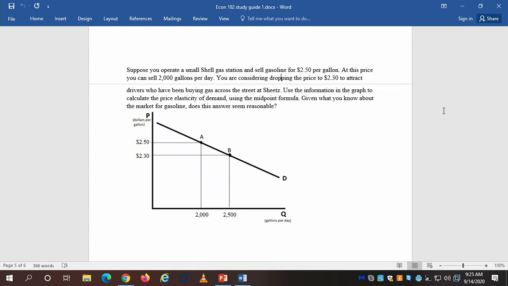So since the price is elastic, is it good for the firm to cut their price, or is it bad for the firm to cut their price? Good. Who said that? You said it was elastic or inelastic? I said it was elastic. What's going to happen to the revenue if the price elasticity of demand for the good is elastic? Remember, that's going to increase their revenue.